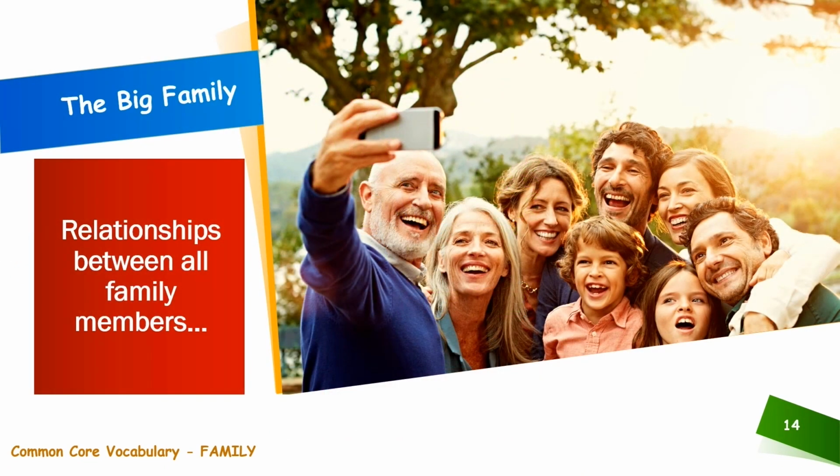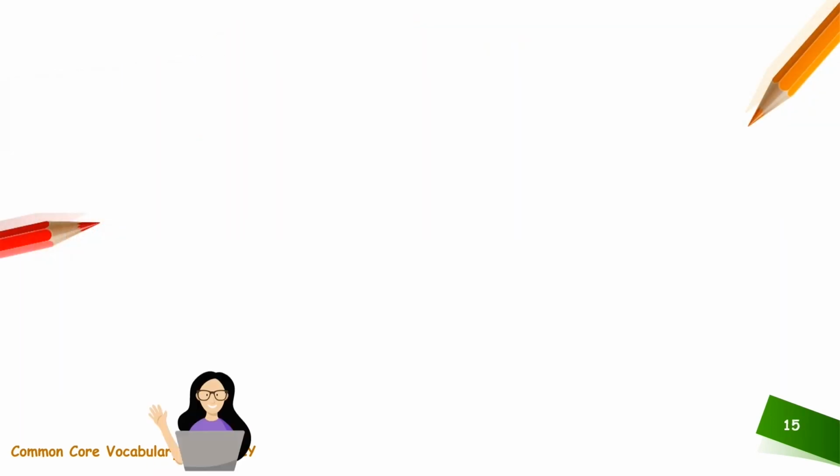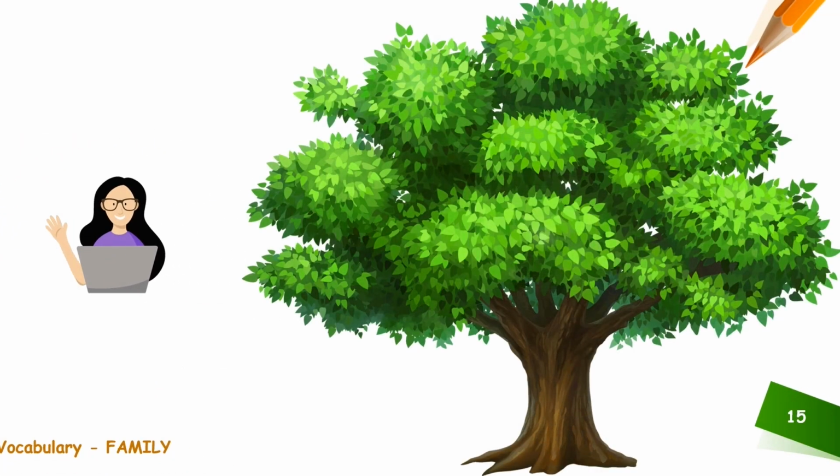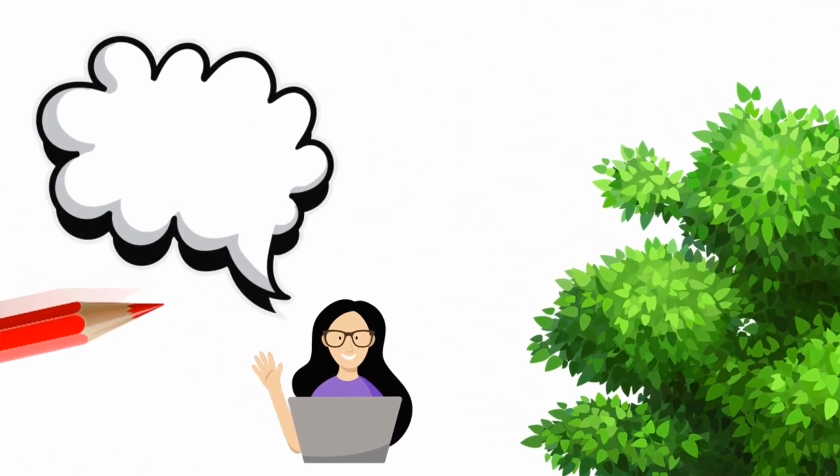Okay, now we will see the big family. In this section, we will discover more family members in English. I want you to meet Olivia. Olivia wants to draw her family tree. So she says,